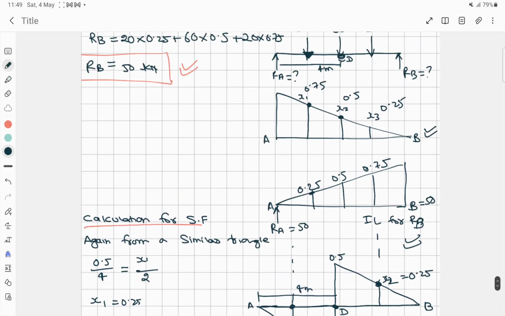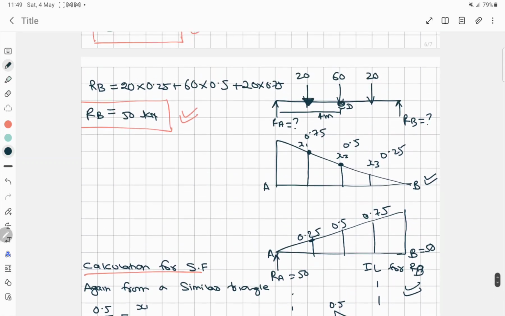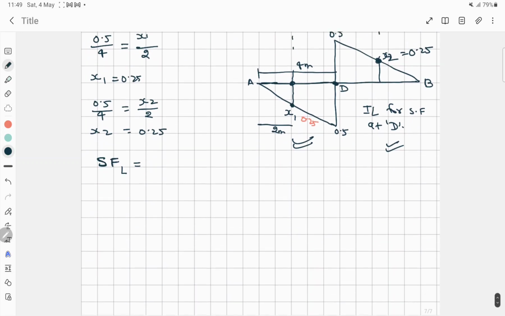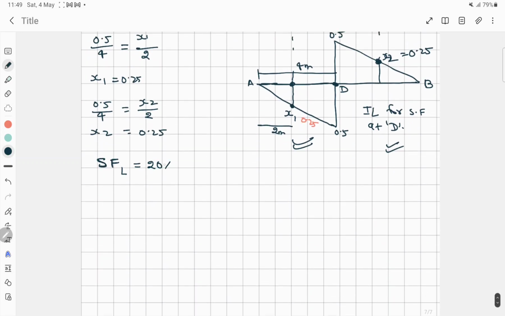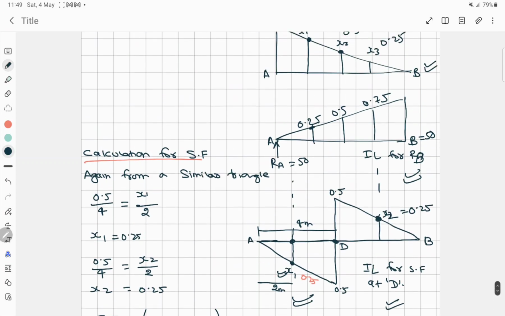So here what was the load? This was the question, right? So the load was 20, so here it will be 20 into the ordinate 0.25, right? And it's negative, so into negative 0.25 plus, again this load